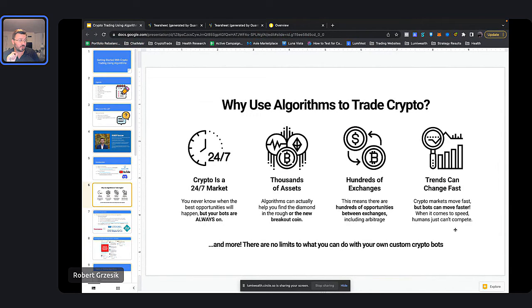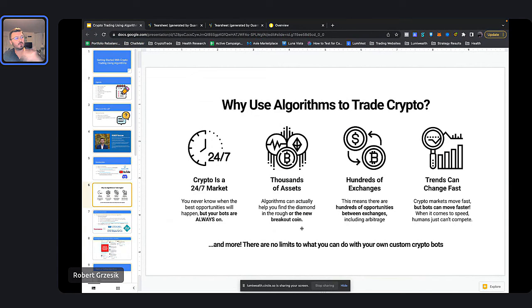And that could either really burn you as a person, or you could take advantage of it as a robot. If you're using a robot, this kind of volatility is your friend. You can make a lot of money trading this thing up and down. All right, so trends change fast. There's lots of volatility in crypto. That can be very beneficial for you as a trader, especially if you're using a bot and you're able to watch this 24/7. If you're trading this normally, as a person, you might need to walk off and grab a sandwich. When you come back, you might be down $10,000, right? It's a lot better when you have this bot constantly watching this for you and making sure that you're doing things correctly as they move, right?